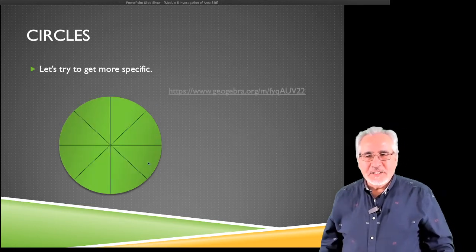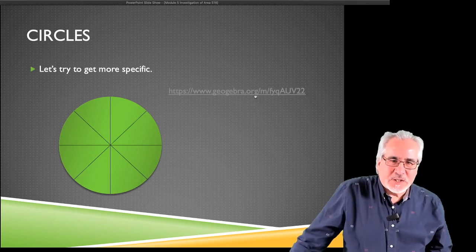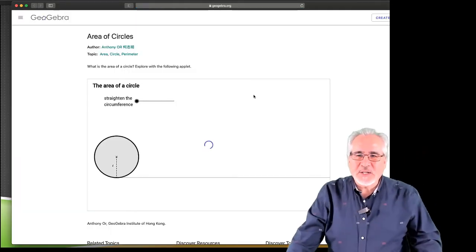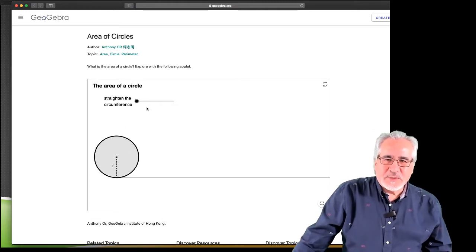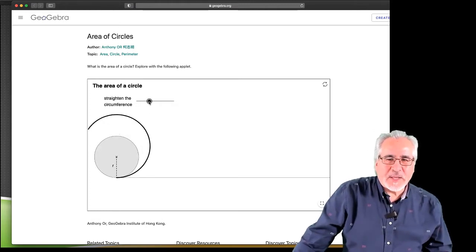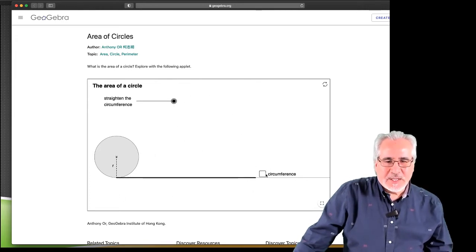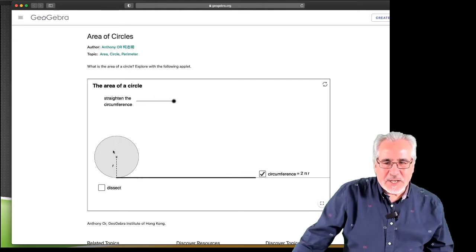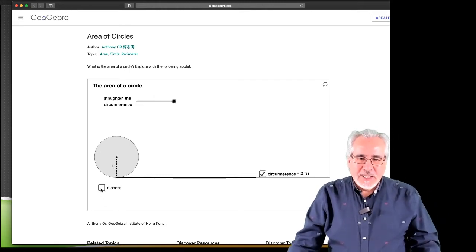Okay, so now here's a nice little activity. And again, I highly encourage you to click on this one and give it a try. Notice there's kind of like a string around here, and we're going to unwrap that. So there's its circumference of a circle all the way down. Then you click on this and it says, okay, now what we're going to do is dissect the circle, the area of the circle, into